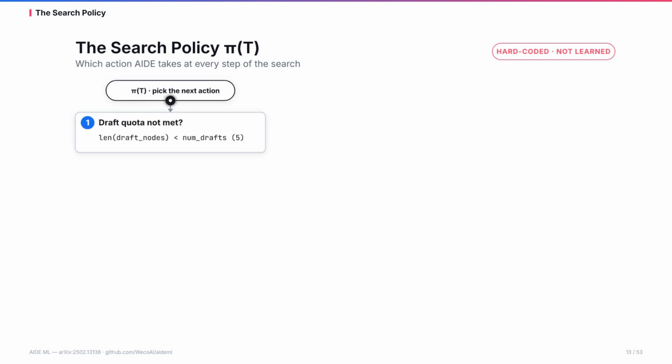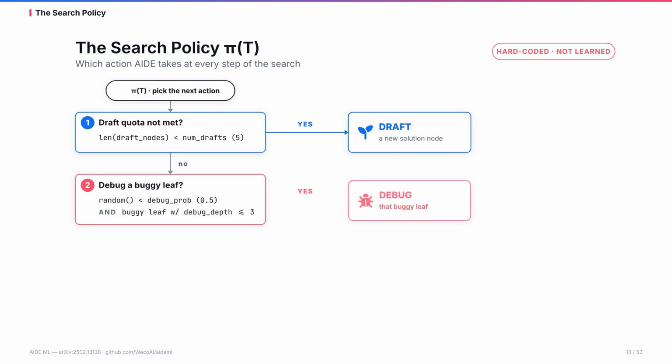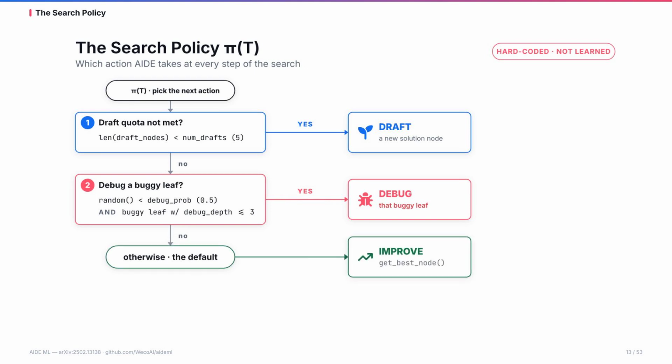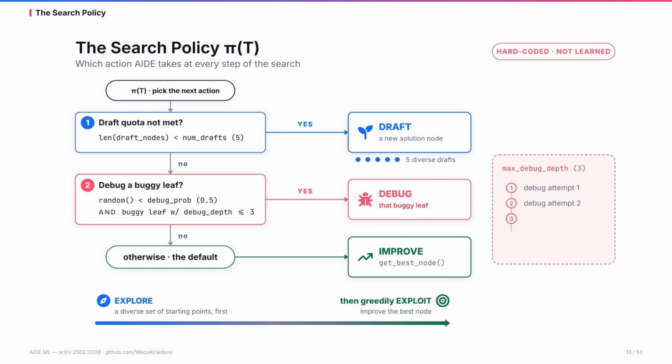The search policy is a hard-coded heuristic, not something learned. If we have not reached the desired number of initial drafts, draft a new one. Otherwise, with some probability, if a buggy node remains within the debug depth limit, debug it. Otherwise, improve the best working solution we have. So the policy encodes 2 practical rules. First, explore a diverse set of starting points, then greedily improve the best one, and never sink unlimited effort into